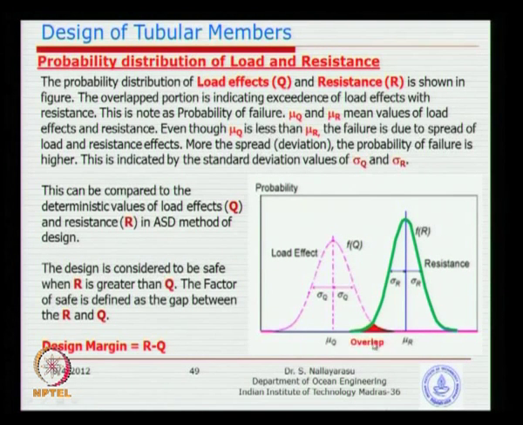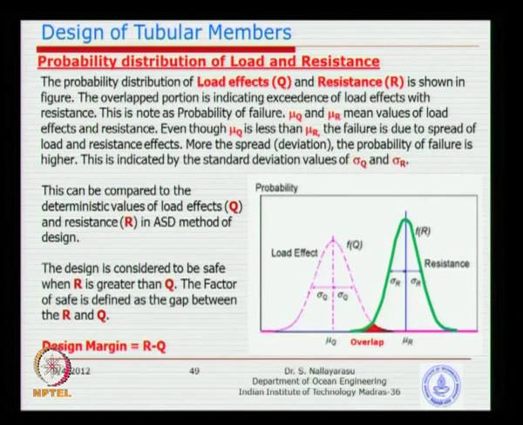So this overlap is the potential problem, because if one component in the structure or system fails, the whole structure may collapse if there is no redundancy. That is exactly what we are trying to picturize in LRFD, because when you design by LRFD, you will always be able to define the probability of failure, whereas when you design by allowable stress design, you can't define whether the structure is safe or unsafe. You will only conclude the structure is safe without a qualification. How safe can't be quantified. So that is one of the drawbacks of allowable stress design compared to LRFD.